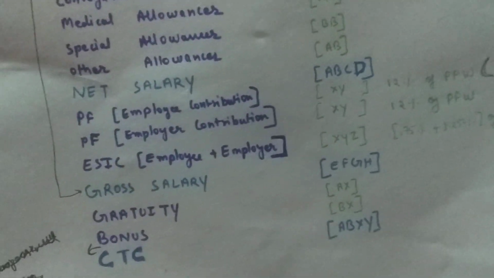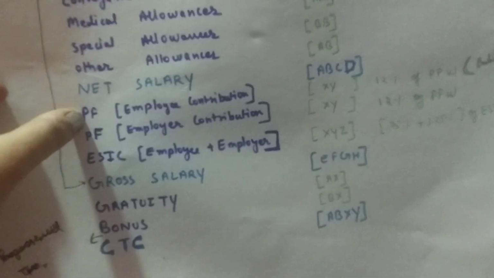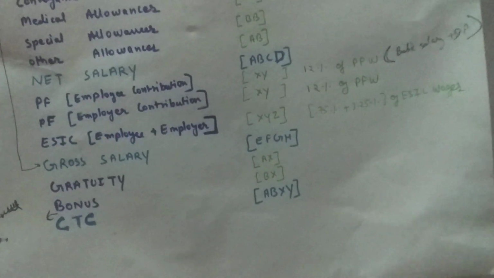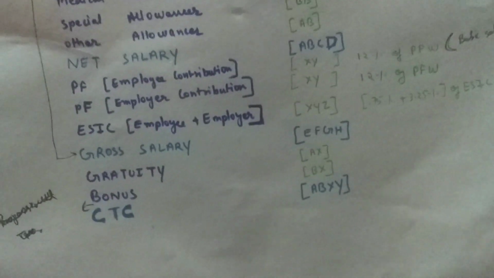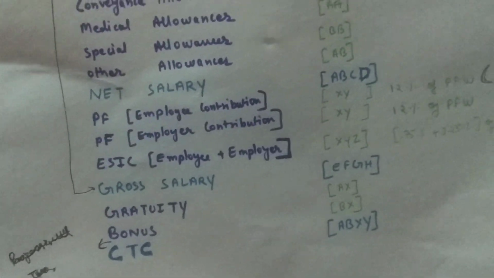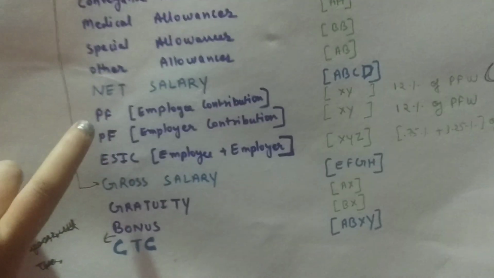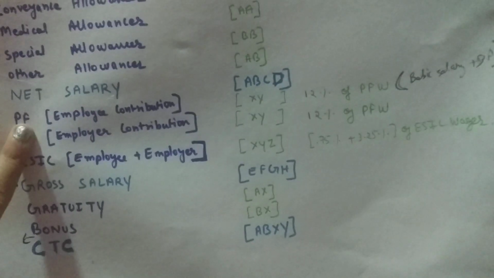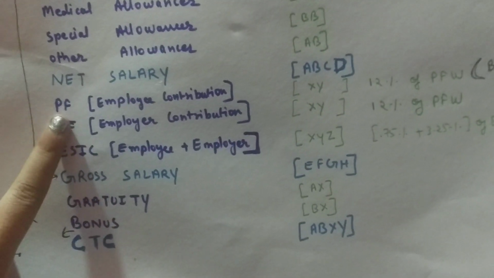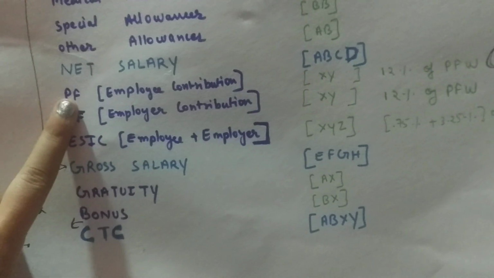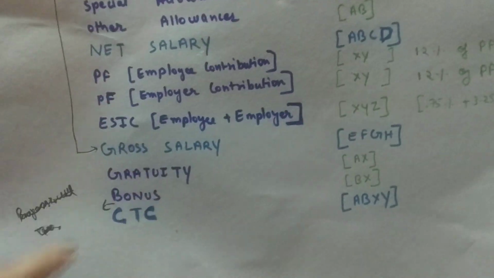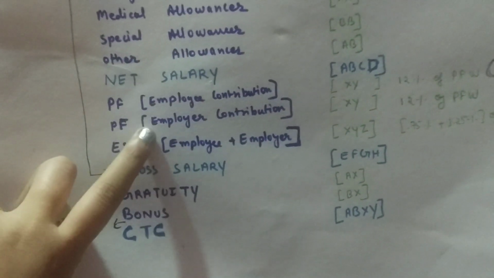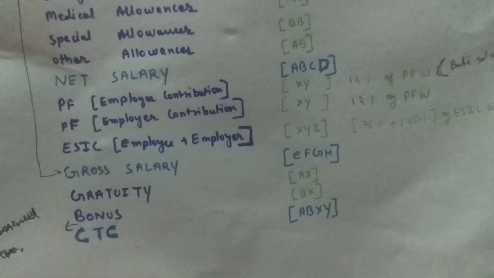एम्प्लॉयर का कॉन्ट्रीब्यूशन जो 12% है वो एम्प्लॉय के PF अकाउंट में जाता है, देन एडमिन अकाउंट में जाता है, EDLI अकाउंट में जाता है. So there are 4 accounts basically जिसमें एम्प्लॉयर का contribution जाता है, so that I will explain later. So first thing to keep in mind is 12% of provident fund wages is contributed by the employee, and 12% of provident fund wages is contributed by the employer